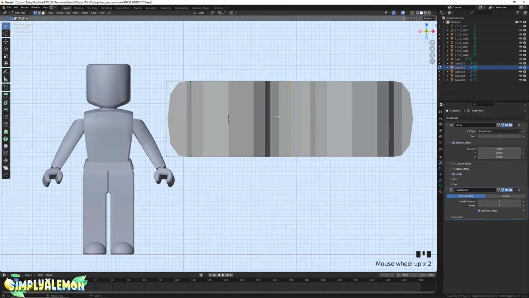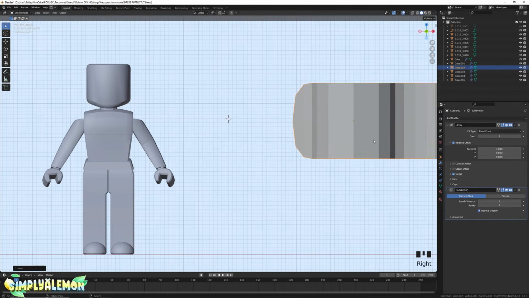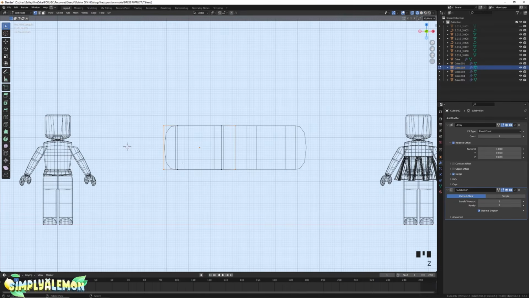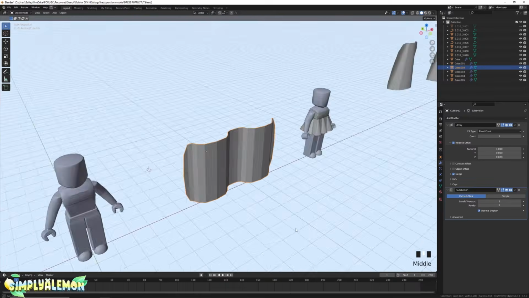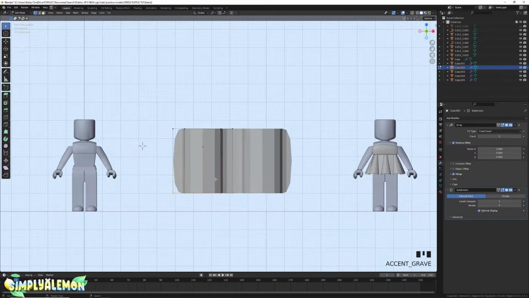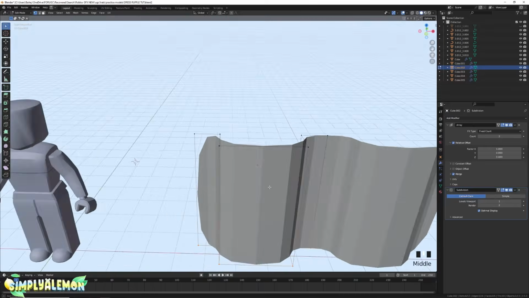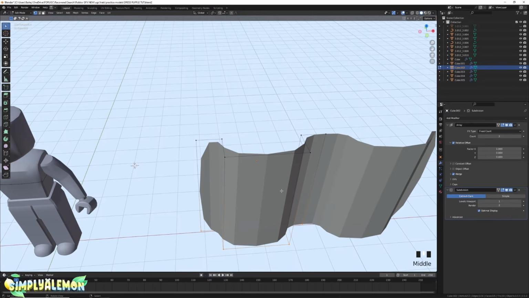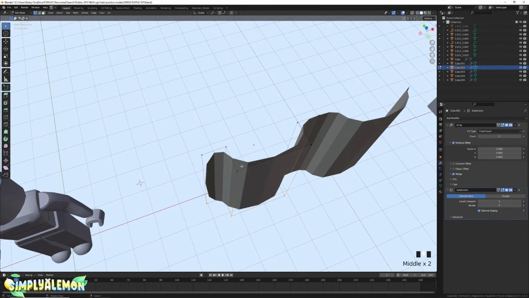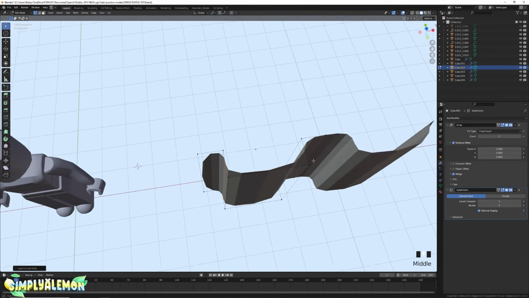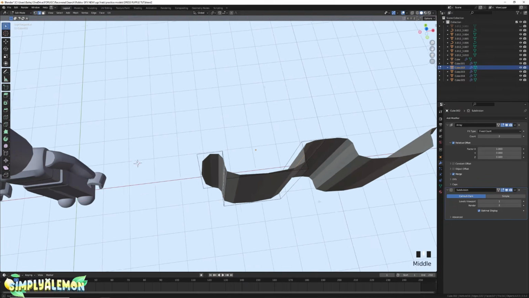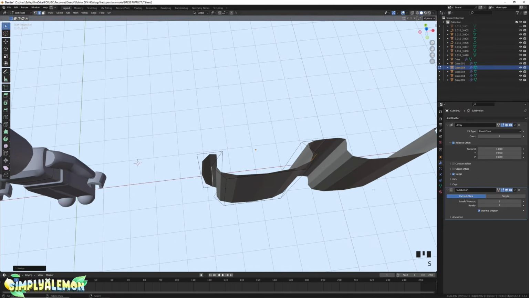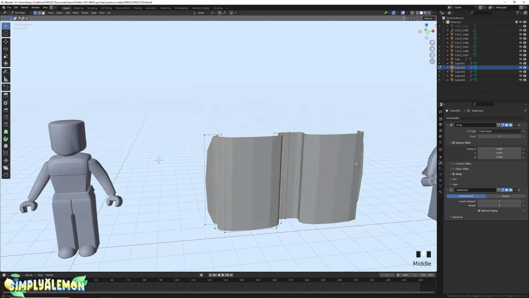Once you do that, we're basically just going to be creating the ruffles for the dress. So we're going to select these bottom vertices, and we're just going to be shaping the ruffles to kind of how you want them to be. There's different types of ruffles and different shapes, but you can just follow along and do the ones that I'm doing. So I'm just going to press Control R, add in an edge loop here, Control R, add in an edge loop here. I'm going to select these 2 edge loops and then bring them out, and then select these